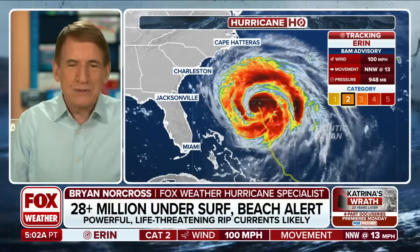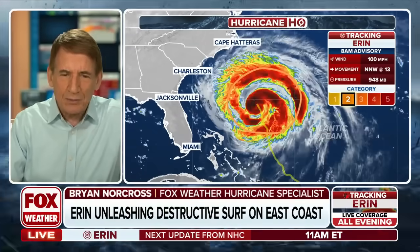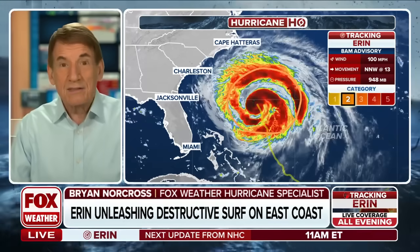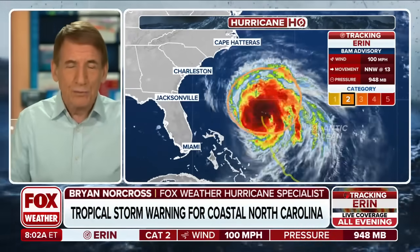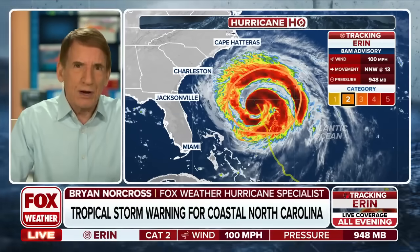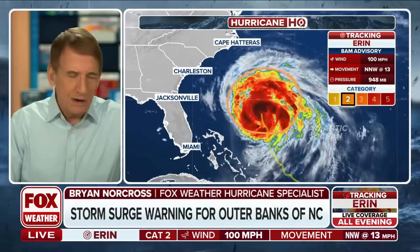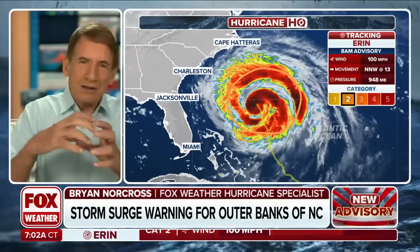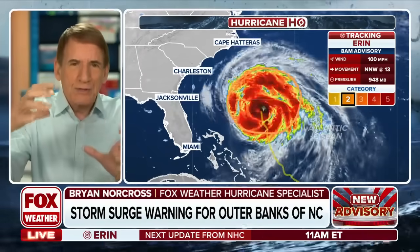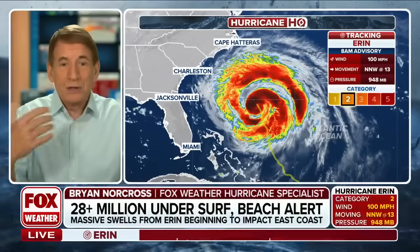And your observation was exactly right. The fact that we're seeing a very round system right now tells us that the atmospheric pattern over the hurricane has dramatically improved since yesterday, or become more conducive to development. None of that is good news, of course, because the stronger the hurricane gets and the more evenly distributed the energy is, the more energy it puts in the ocean, the more problems we